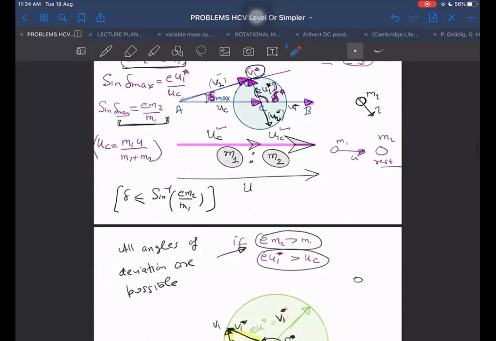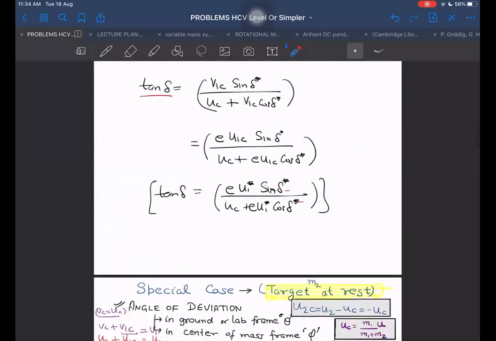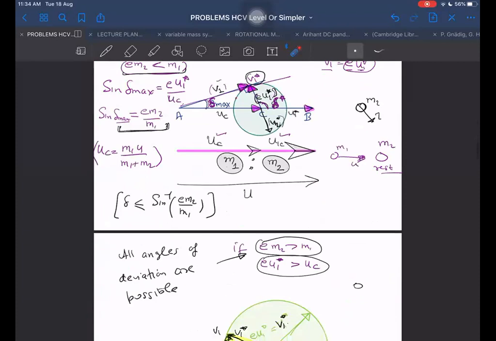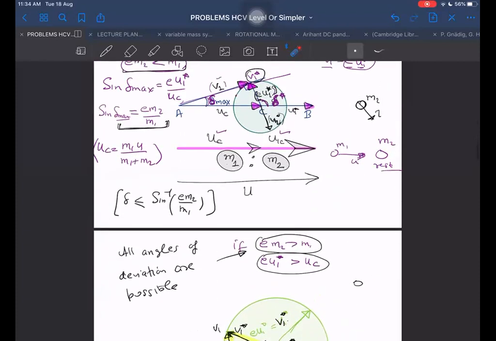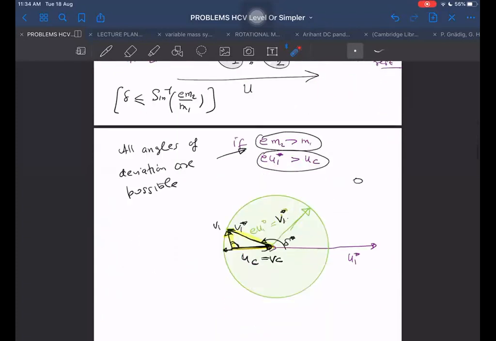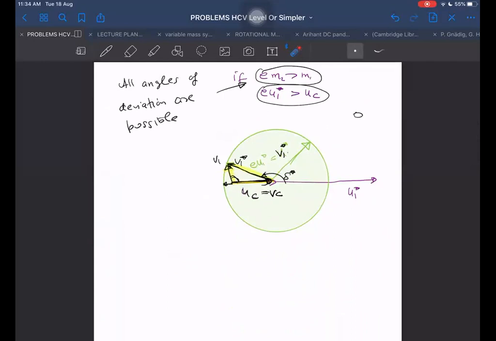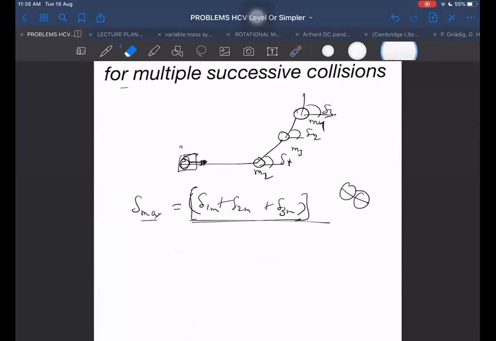But V2 will be in the direction of impulse definitely, because the velocity in the ground frame obtained by the second particle will always be in the direction of impulse. Understood or not? It doesn't depend upon the frame of reference. Once we know the direction of impulse in any one frame, then in all other frames it will be the same direction only, because impulse does not depend on the frame of reference. Anyway, come back to this.